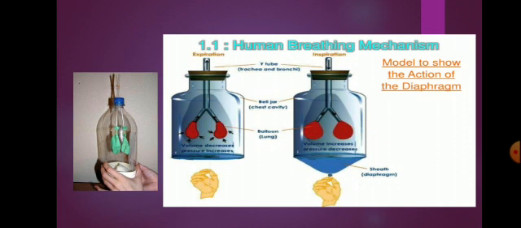The only difference between inhaled air and exhaled air is that they contain different proportions of oxygen, carbon dioxide and water vapor. In the case of oxygen, the air which we inhale